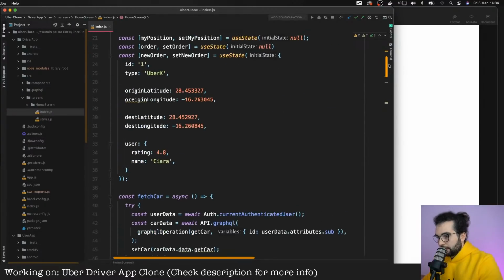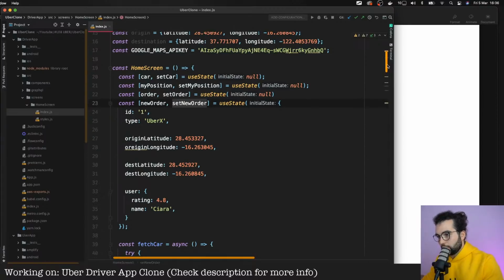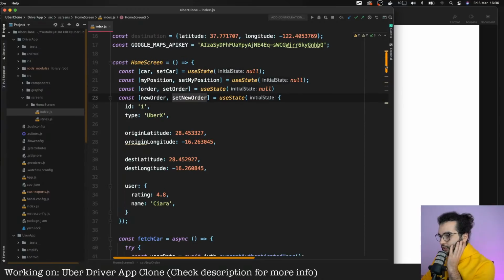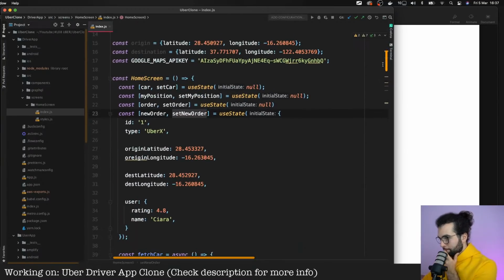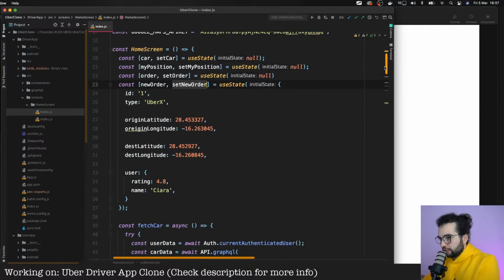In this index file, we have here new order, and we just hard coded it.